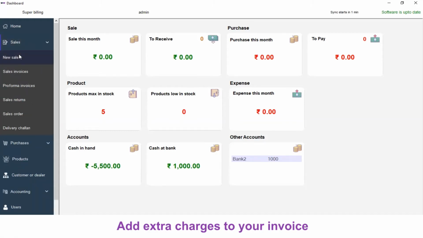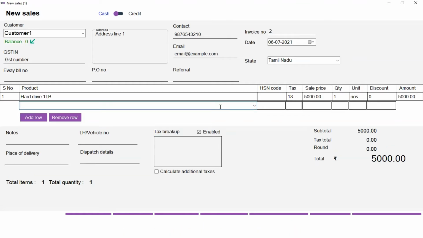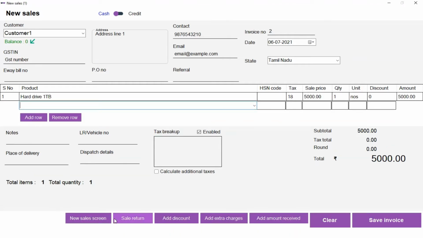For this example, I'm going to choose new sale and select your customer, select your products, and at the bottom you will see a button add extra charges. Click on that,